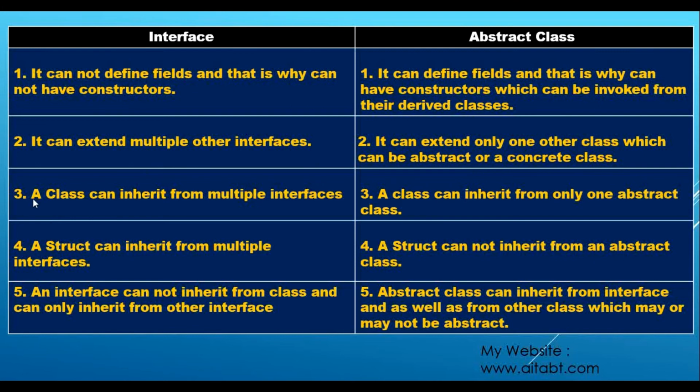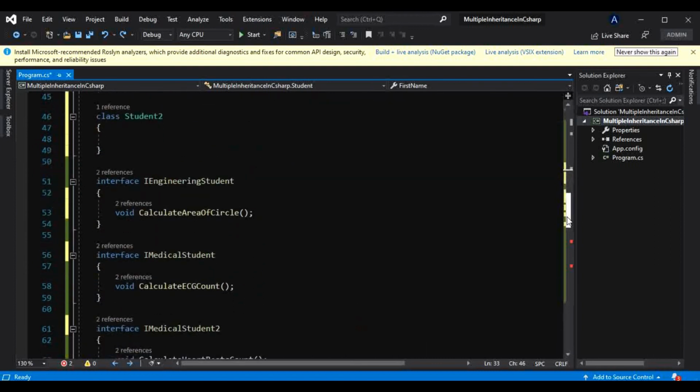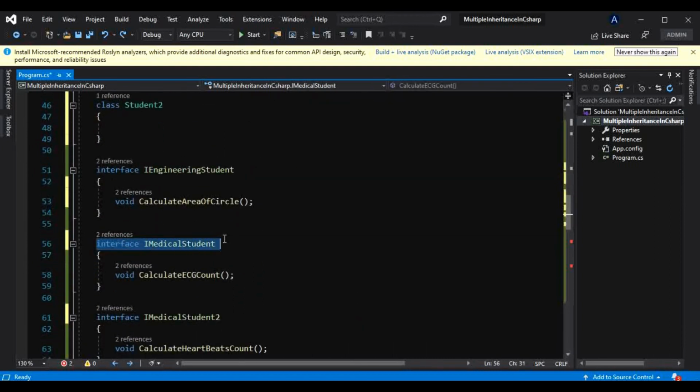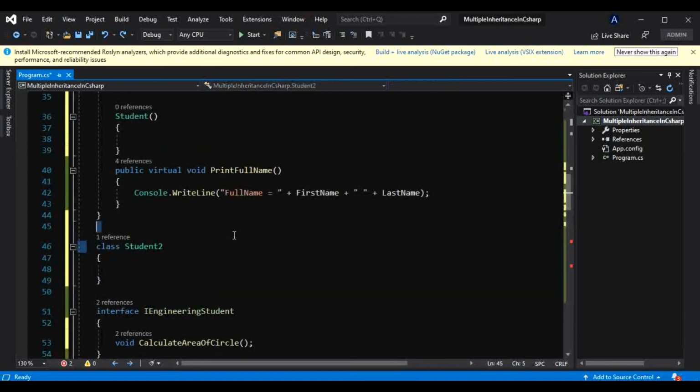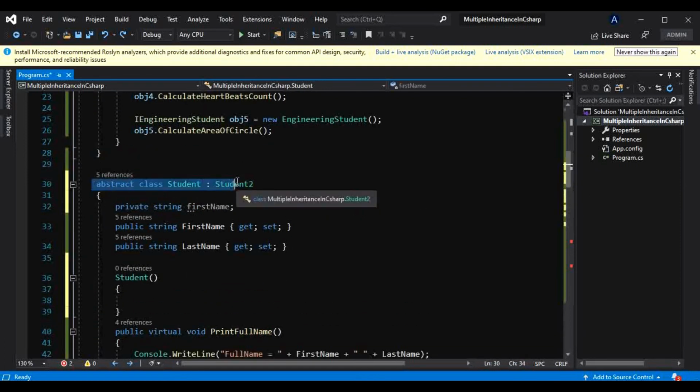And the third point says a class can inherit from multiple interfaces, and in case of abstract class, a class can inherit from only one abstract class. Now this is a similar point, but the only difference is I have shown you this interface can extend more than one interface, and this class can only inherit from another class.